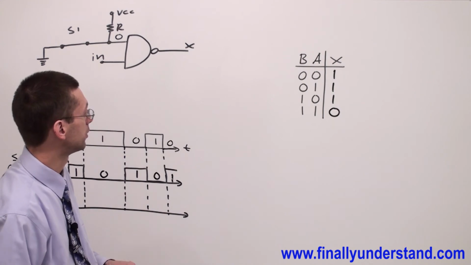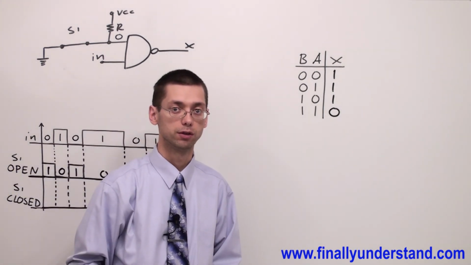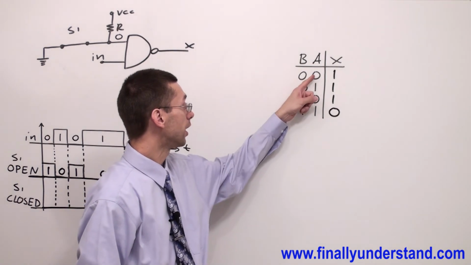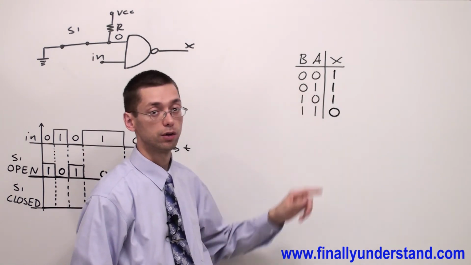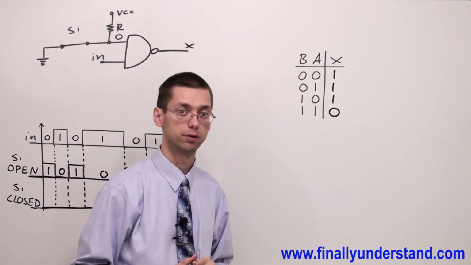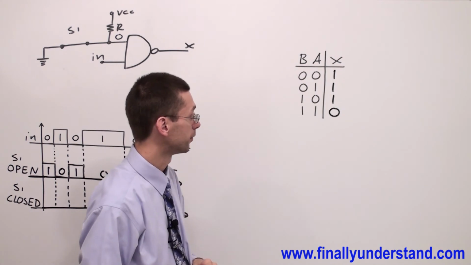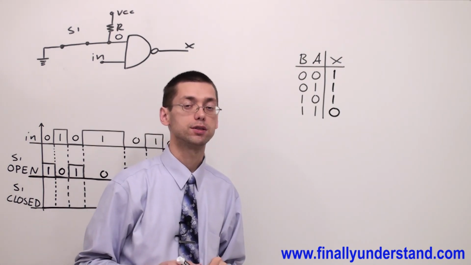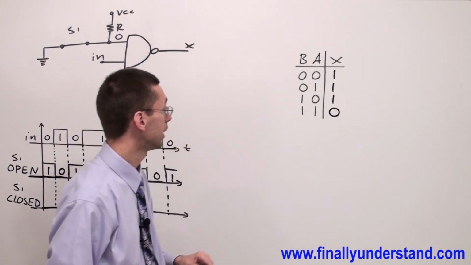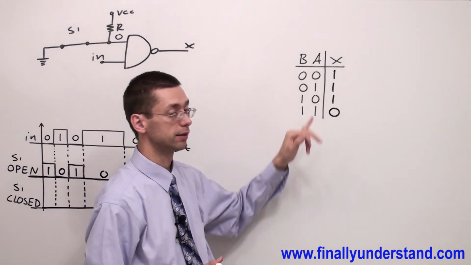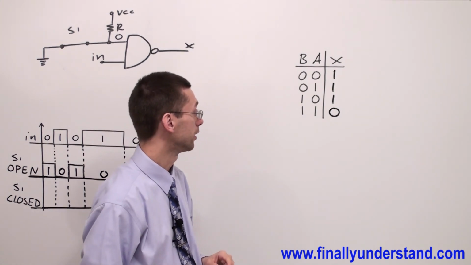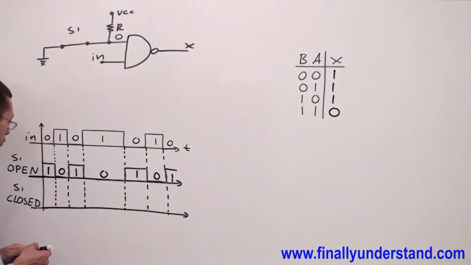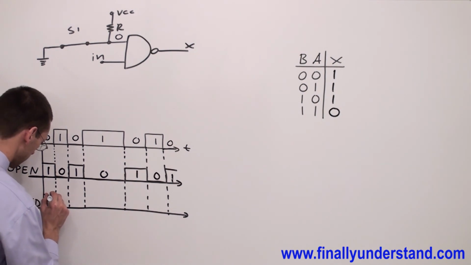Now let's take a look at the truth table of the NAND gate. Anytime we have 0 at any input of the NAND gate, the output is always high. Okay, one more time. If you have 0 at any input of a NAND gate, the output is going to be always high. So I'm not supposed to think too long, just simply draw the line